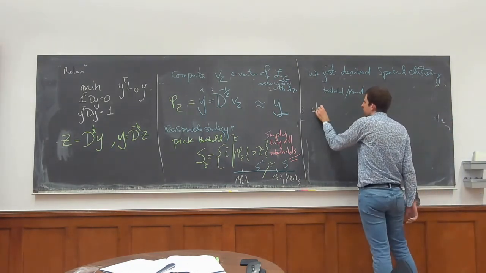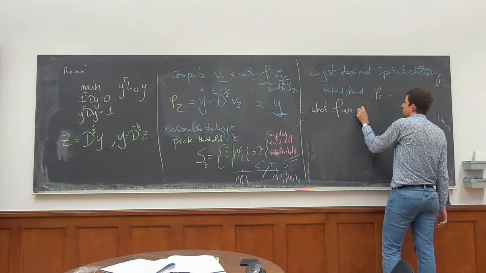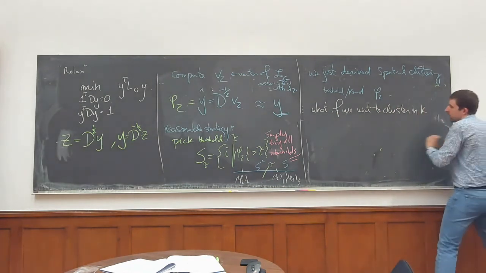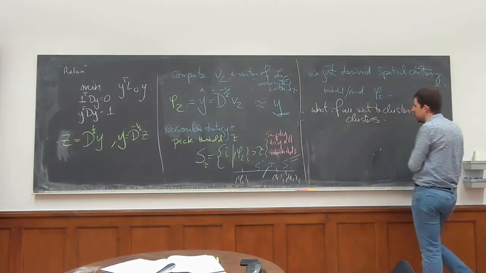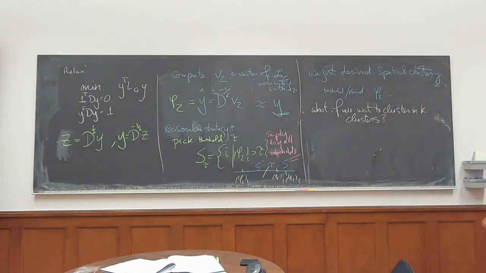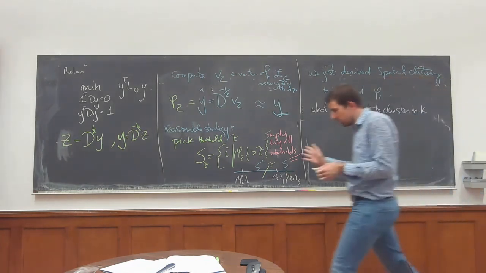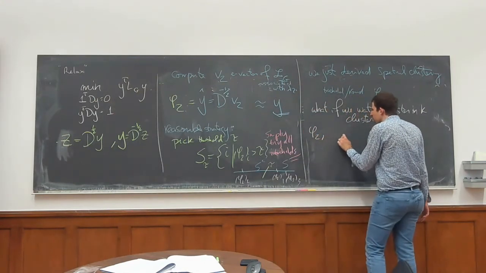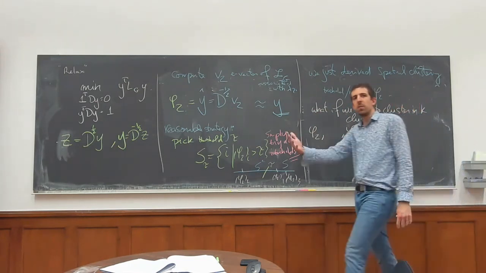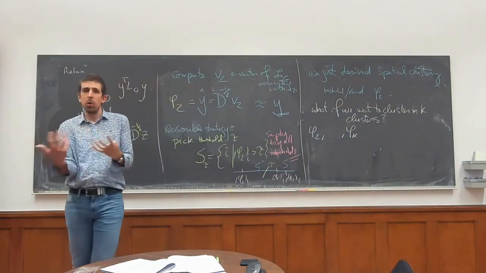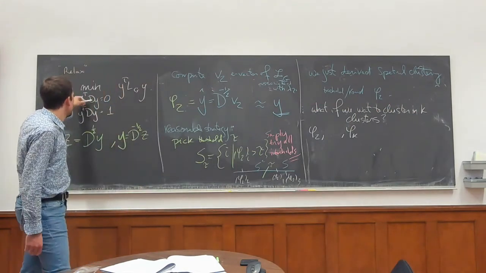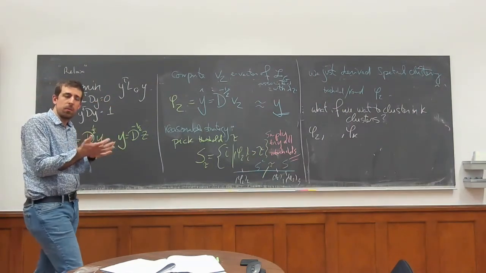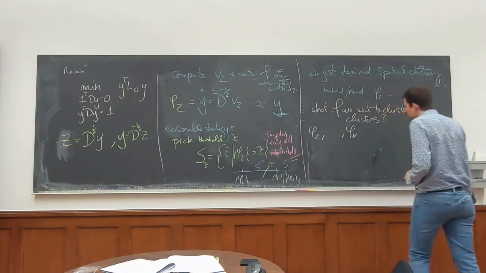So what if we want to cluster in K clusters? We won't describe this in much detail in the course, but essentially what you can do is, instead of taking phi 2, you take phi 2 and all the vectors up to phi k. So you're going to take more eigenvectors of the Laplacian. Turns out that if you want to cluster in more sets, essentially it's the same as optimizing over not just the y, but many others that are orthogonal. Think of the indicator vectors of each one of the sets; they're all orthogonal. And so you're going to take phi 2 through phi k, and now to a node i,